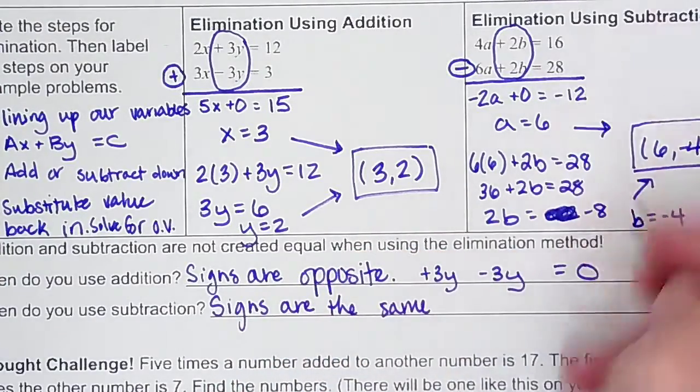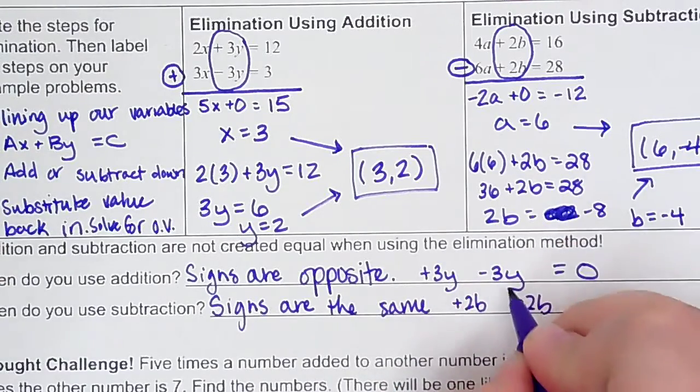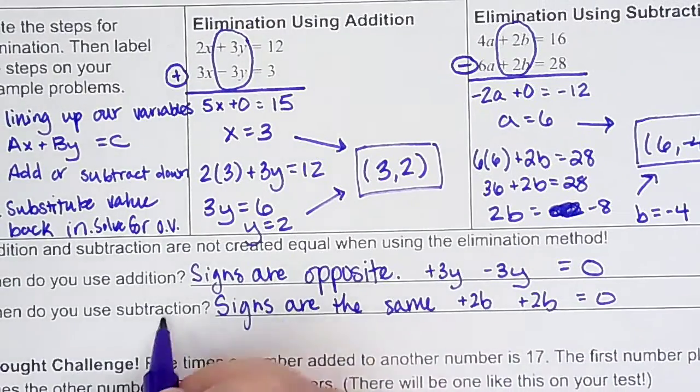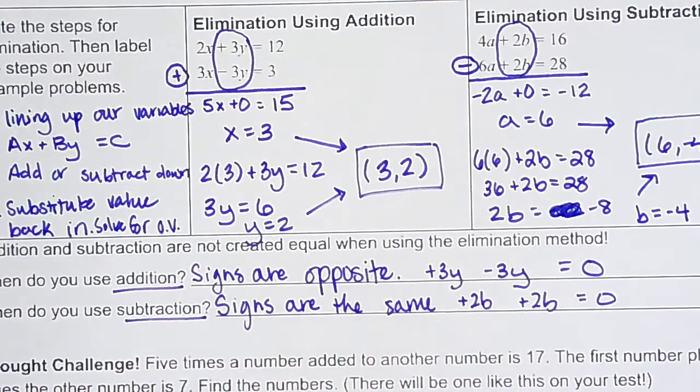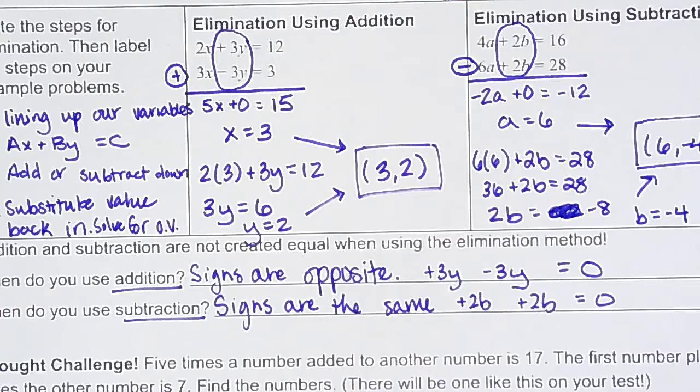So in our second example, we've got 2b and 2b. We're going to need to subtract those in order to equal 0. So that's going to be when we use subtraction versus addition. Be careful with this, because tomorrow when we learn multiplication, we're going to be able to use both of these